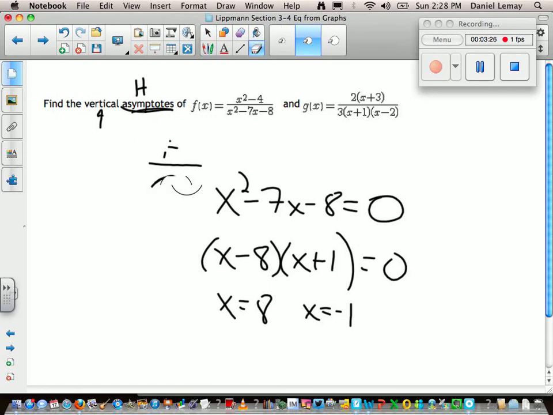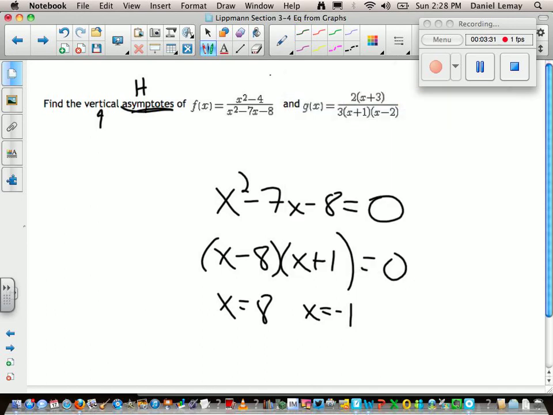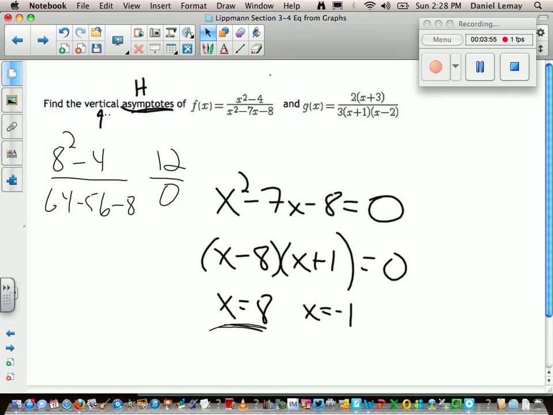you don't have to do this part. I'm just showing you why this works. So if I substitute in 8, I get 8 squared minus 4 over 64 minus 56 minus 8. Well, that's going to be what? 16 minus 4 is 12 on top, and we know the denominator is 0. Can't divide by 0. 8 is not in the domain, so that tells me a vertical asymptote will be at x equals 8. And if we choose to use x equals -1 in our expression,